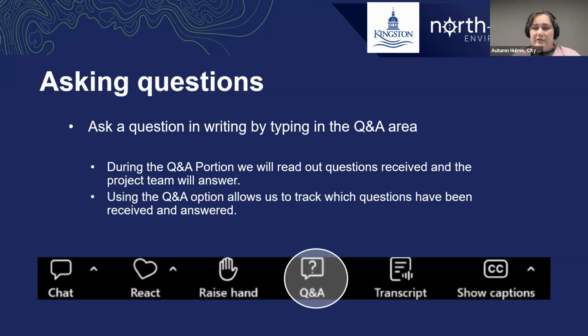There will also be an option for those that would like to verbally ask a question to raise your hand, and we'll unmute you so that you can ask your question. If something does pop up during the presentation and you don't want it to slip out of your head, the Q&A tool is great. It lets you type it out, and we will have those ready to go as soon as we get to that portion. And again, we'll bring up this slide with details on how to participate in the Q&A portion again when we get there, just to remind everybody. Next slide, please.